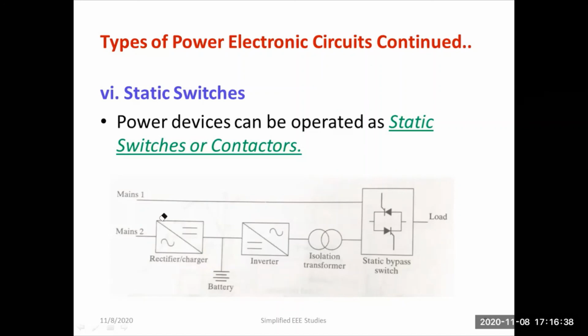On the opposite end, whenever a power failure occurs, the main one will not be available. Then the main two will be operated. That means there is an AC to DC converter available, which we can call a rectifier. In between is the DC link, where you can connect the battery. On the output side, we require AC only. So with the help of an isolation transformer, you maintain isolation between input and output. AC supply will be passed to the static bypass switch, and you can satisfy the load requirement. A simple UPS also operates in this manner in your home.